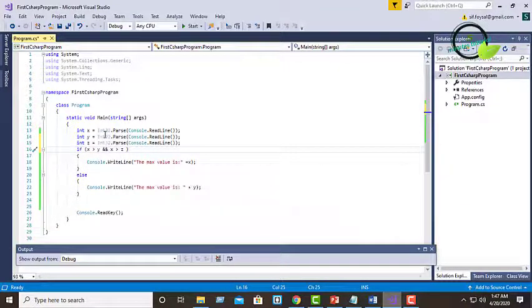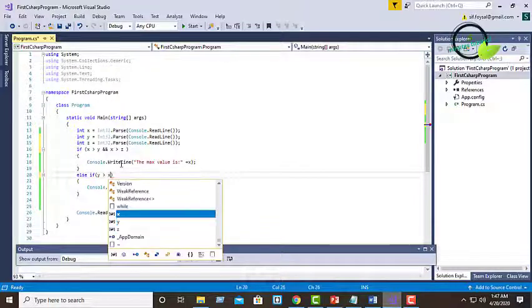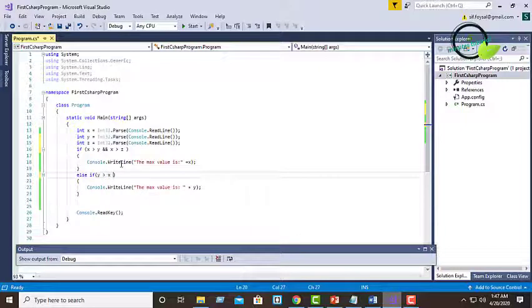So then else if y is greater than x and y is greater than z or not.